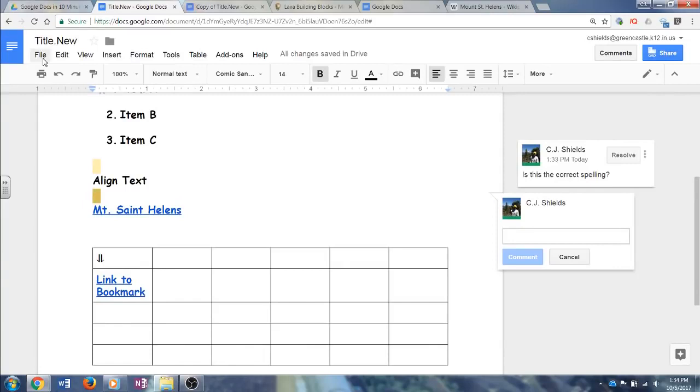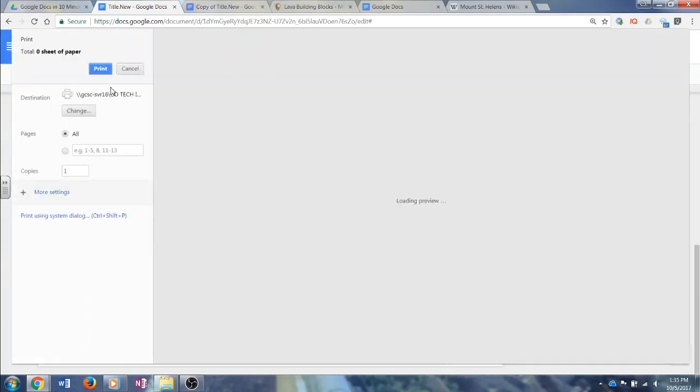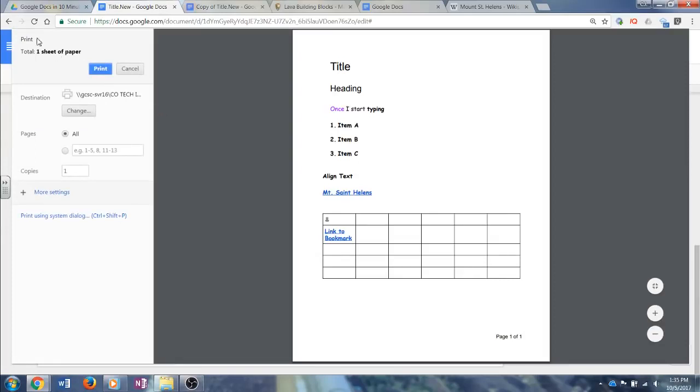You can print the document, of course. Go to File and then Print. You can tweak the settings if you would like, and then you can hit Print, and the document will print